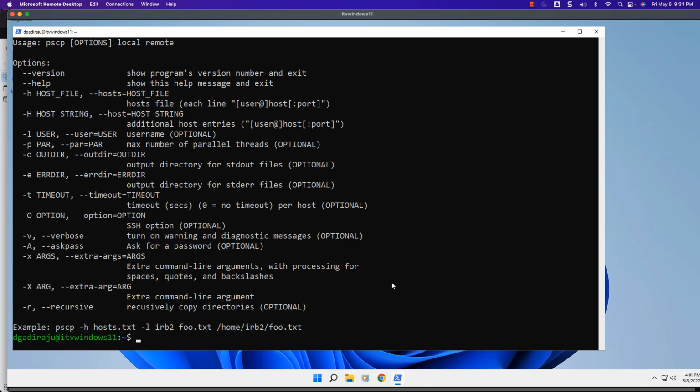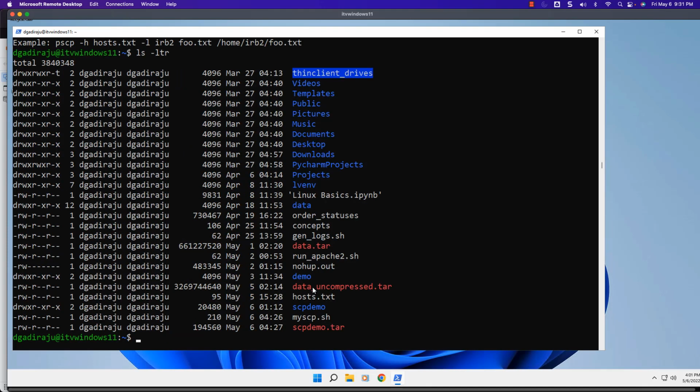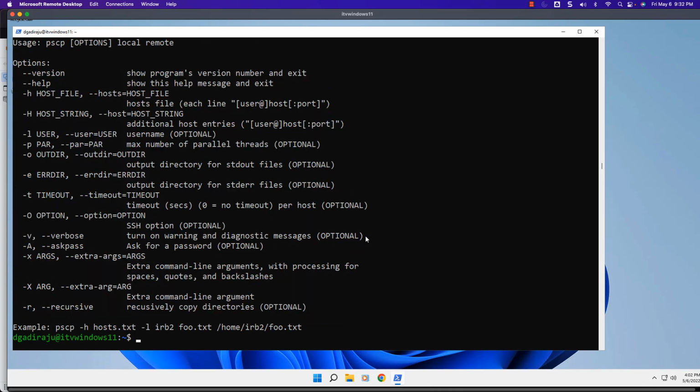For that, we should be able to say ls -ltr. There is a file called data.tar. Let's try copying this onto the target systems in parallel using pscp. When it comes to usage of pscp, you can say pscp then -h. Then you specify the file which contains host details, which is nothing but this one. Then you can also use -x to pass extra options. In this case, we can pass the pem file by saying -i,